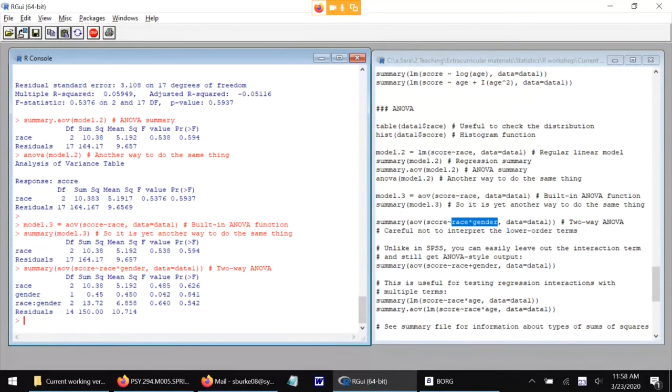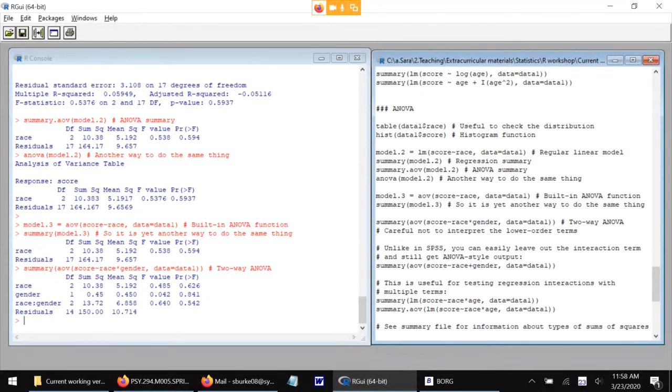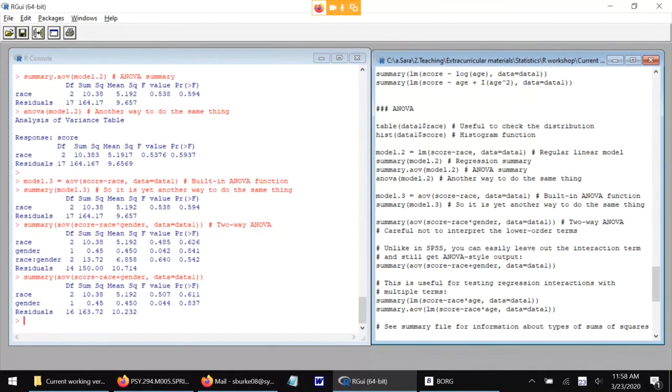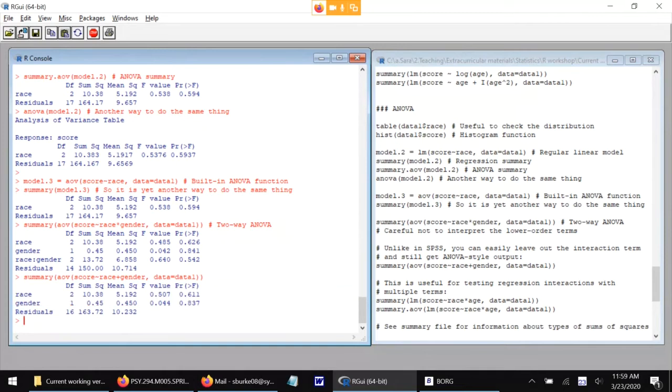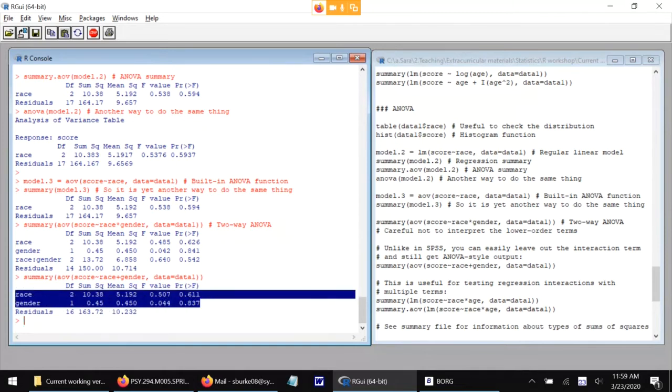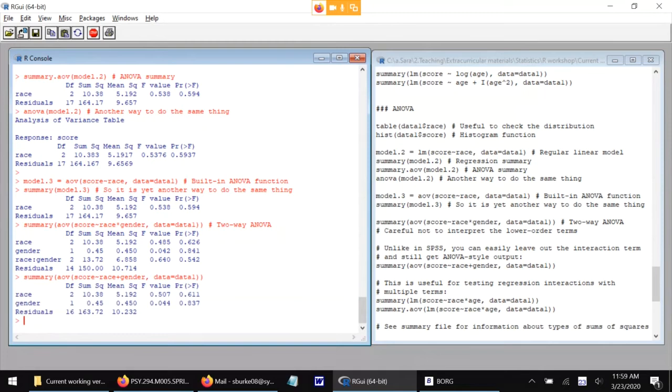Unlike in SPSS, you can easily leave out the interaction term and still get this kind of ANOVA style output. So I can do the same thing, but with the plus sign instead of the asterisk. And then I get an ANOVA style table that just has these two terms instead of the interaction term. But again, these terms are maybe not what you would expect from a typical main effect. So